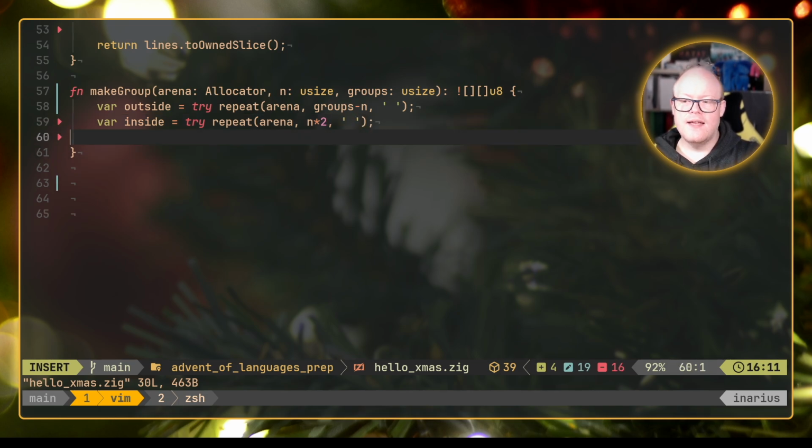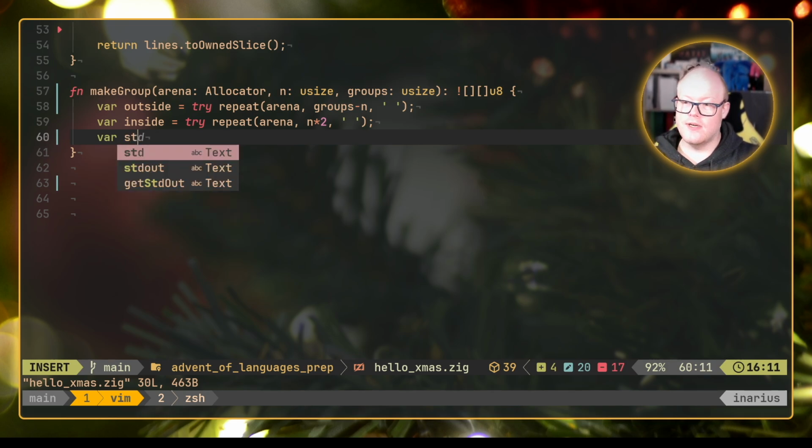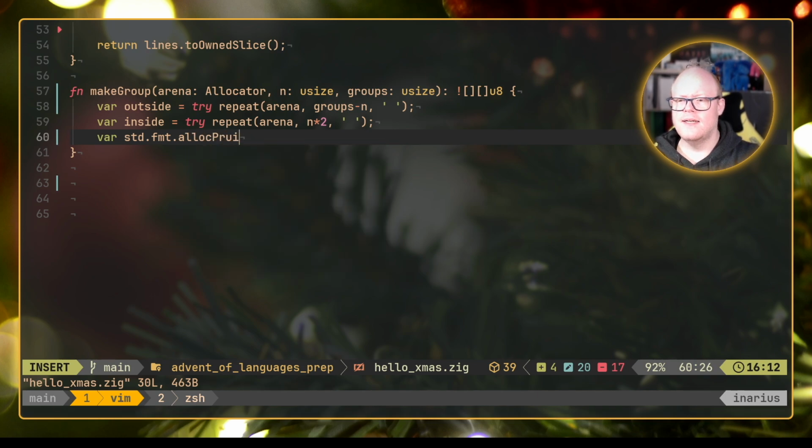Now we have that, and now we need to create the string with the spaces, the slash, the spaces again, and the backslash. And we can actually use a std library function for that again, which is std format, I think, and I think it is something like allocPrint. There is a format as well which could be used to print directly to stdout. We didn't do that before, but this one actually uses the given allocator to allocate memory and return you the string. So we should actually call that here, line